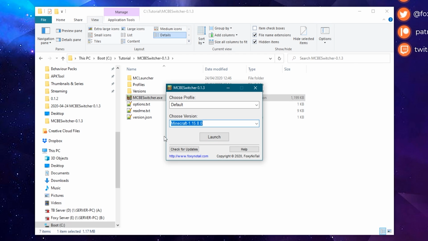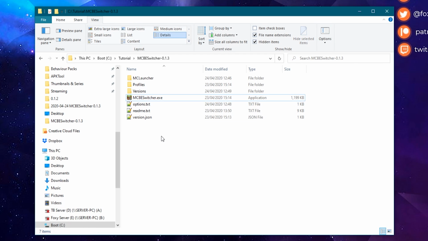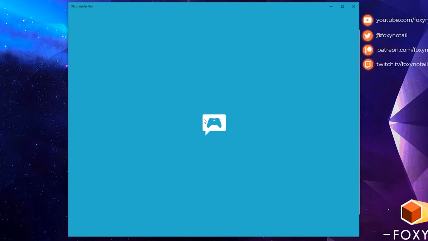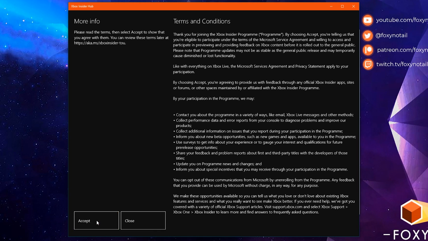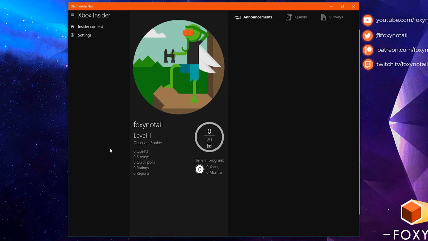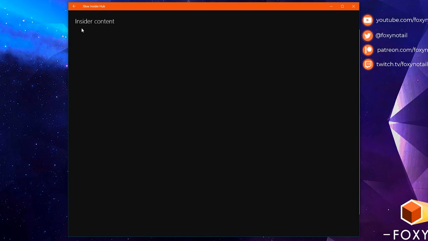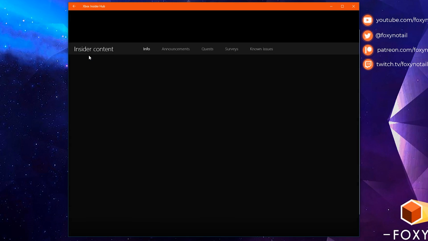So what if you want different versions? What if you want the latest beta version? Well, in that case, you'd need to download an app called the Xbox Insider Hub. You will need to join the Xbox Insider program by clicking join and then accept. And then you'll need to go to Insider Content. You'll need to click on Minecraft,